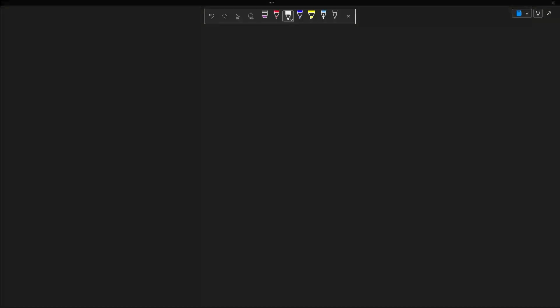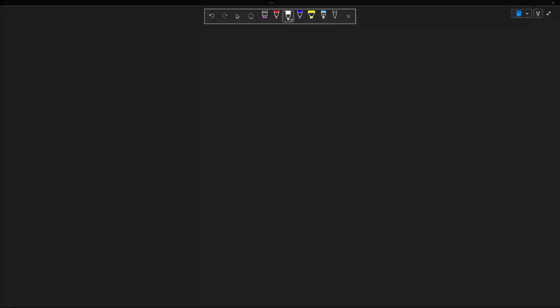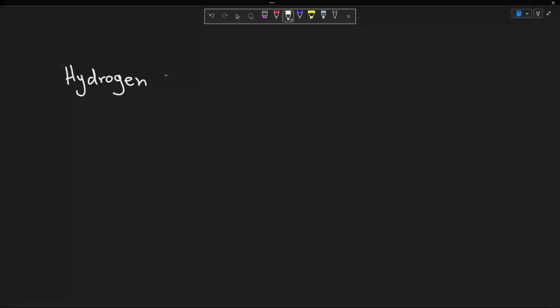The second and third point can be tackled together. We have to state that elements are represented by symbols and apply the nuclear symbol notation to determine the number of protons, neutrons, and electrons in atoms, ions, and isotopes. We should already know that elements are represented by symbols, which are letters such as hydrogen with an H or oxygen with an O. So we just have an H and